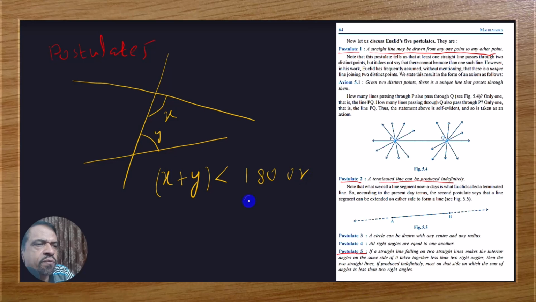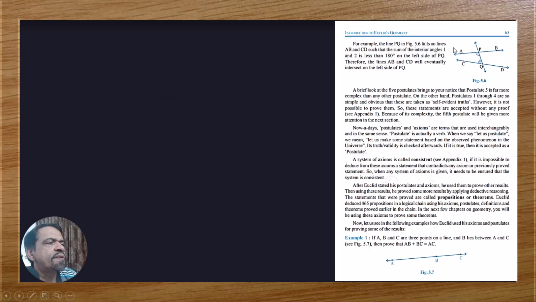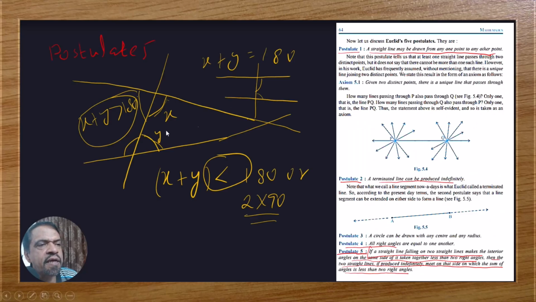or you can say two right angles, because in the statement it is given as two right angles. See, it is given here, two right angles. So you can write 180, or 2 into 90. Then if the sum of these two angles is less than 180, these lines will meet here. If it is not less than 180, the lines will not meet. See, this diagram is given as the explanation. So in the examination, you can write the statement in your own words with the geometric explanation like this, x plus